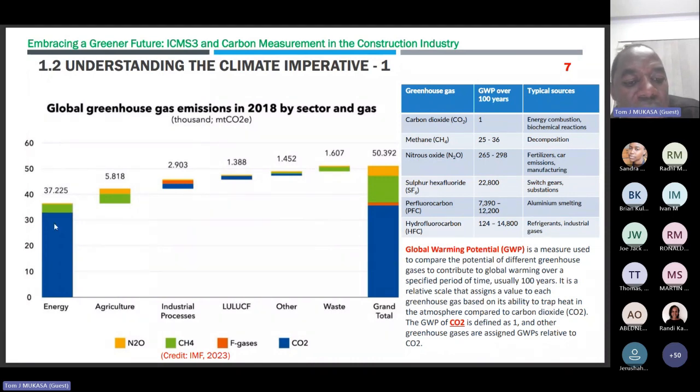is the biggest, followed by methane, I think. And then we have nitrous oxide, and then we have the fluorocarbons, the F gases. And these are the summaries of some of the activities that are bringing this up. Construction is obviously hidden under energy, but it is contributing, they say, about 40% of this.